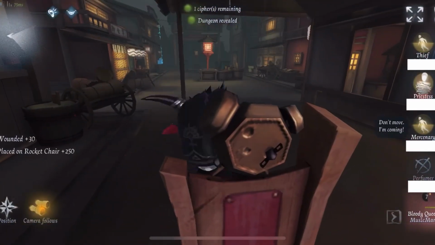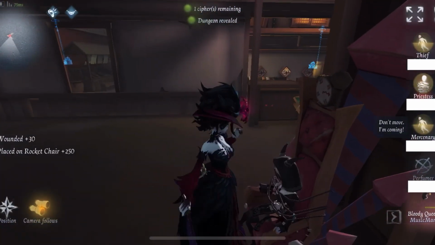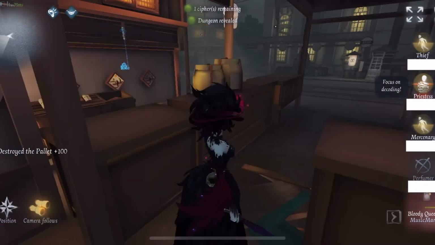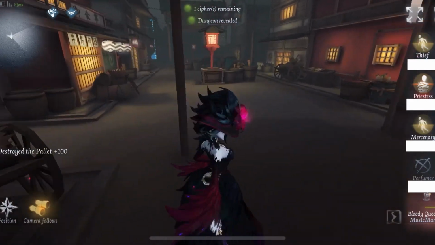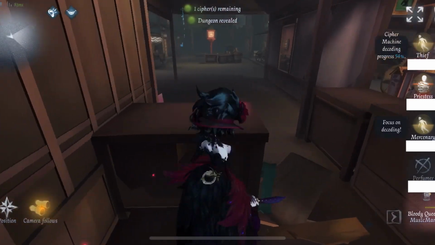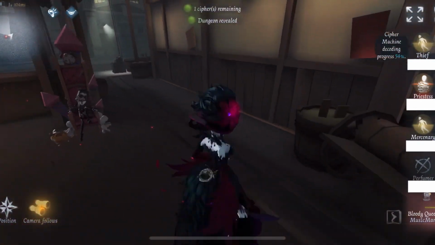Oh wait, this isn't the match I was thinking about. I was thinking about one of the matches where I use my broken mirror switch that I use in another game, but I didn't end up using those in this one because there wasn't that cipher spawn. However,